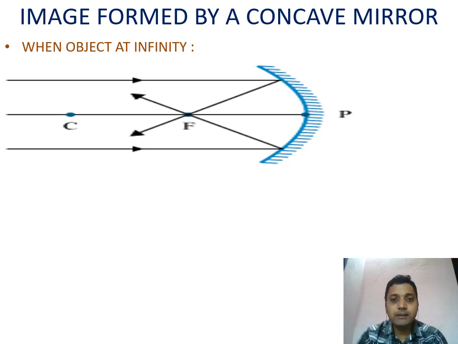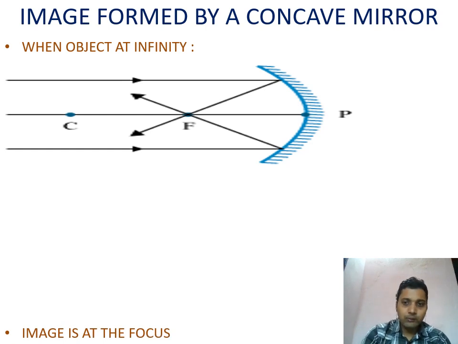they actually meet at a point that is called the focus point. The ray of light parallel to the principal axis meets after reflection at a point called focus F. So here you can see a beam of light parallel to the principal axis passing through the focus after reflection. Next, here the image forms. Where do we get the image?